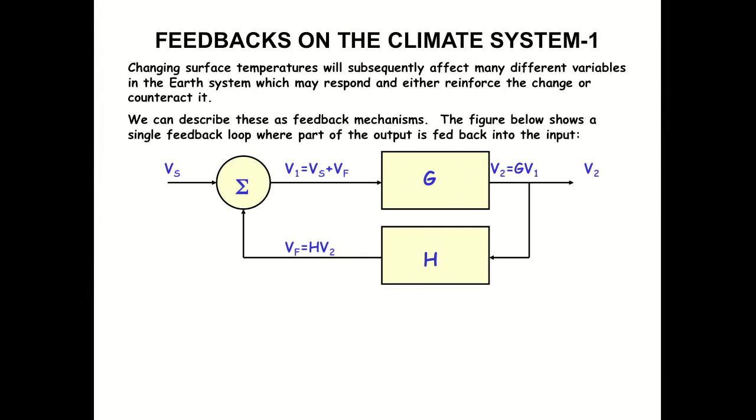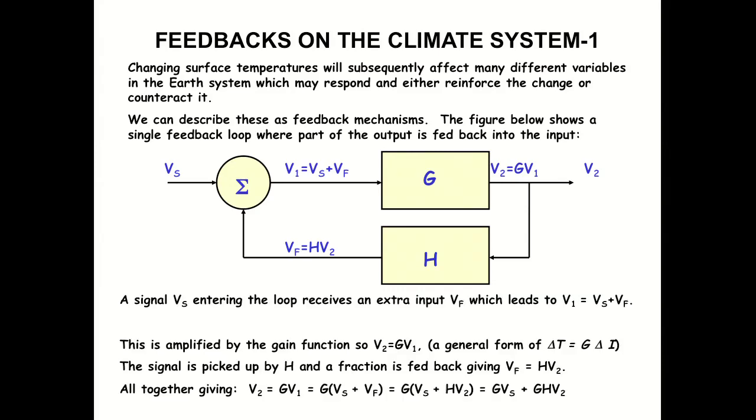And that's a very simple figure you've probably seen many times before if you've done electronic circuit theory, etc. This is just a picture of a very simple feedback loop. So this is a single feedback loop where part of the output of this system is going to be fed back to the input. So we start out with some signal, in this case Vs, that enters this feedback loop, and then ultimately it's going to receive an extra input from the system, which in this case is going to be essentially an increase in the signal Vs by adding on this extra value here based on a fraction H.